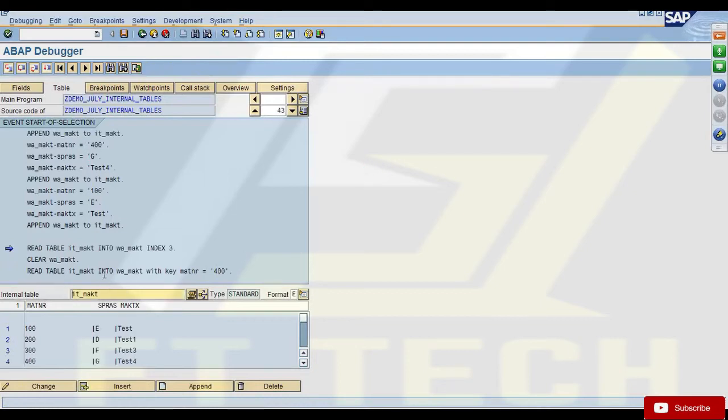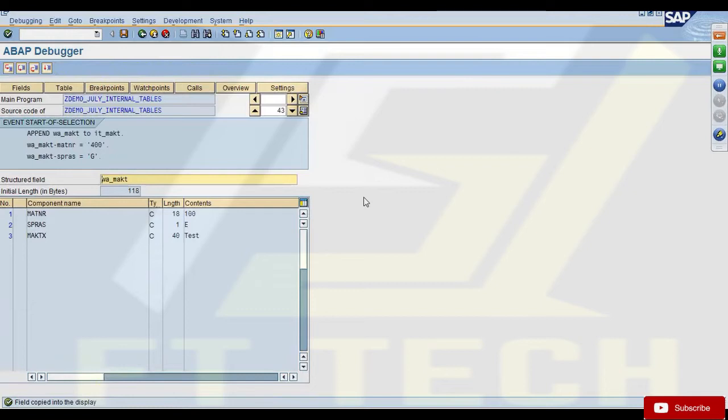Now, this is not exactly the index, but in debugger it's showing the line numbers. So the third line is 300 F test 3. When I say read table ITMAKT into WAMAKT index 3, it will read that third line 300 F test 3. So it has brought the third line of my internal table into the work area.